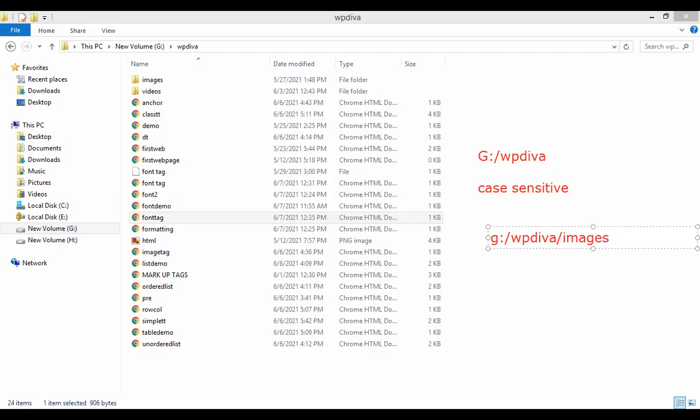Remember these two paths. Whenever I ask you about the path, you should know that the path is all about where my data is. So my data is in the G drive WPA. Clear to you? So what is my path here? My path is all about this, that is G WP division A. Remember this, right? Now all my programs, see, I have anchor.html, I have first webpage.html, all these programs.